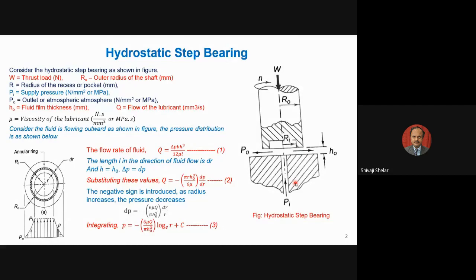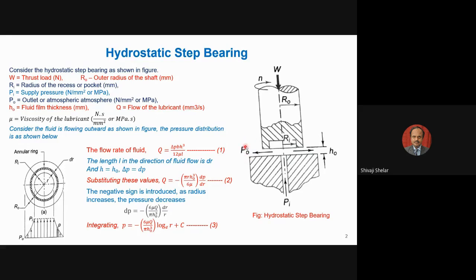So let's understand the working of this. This is a shaft rotating at n RPM, having outer radius of the shaft, say RO. Then there may be a recess provided in the shaft end here where it is supported. Sometimes it is provided, sometimes it is not provided. In that case, Ri will become the whole diameter through which the pressurized fluid will be supplied. So a pressurized fluid will come with a pressure Pi, and then it will leave from the bottom of this end. It will come out here with a pressure PO.